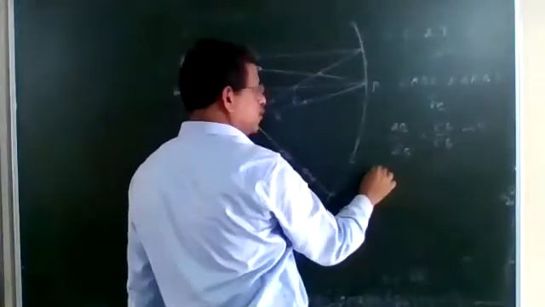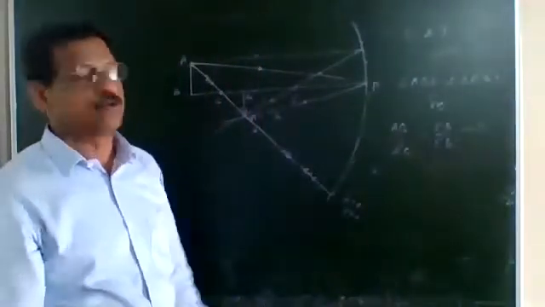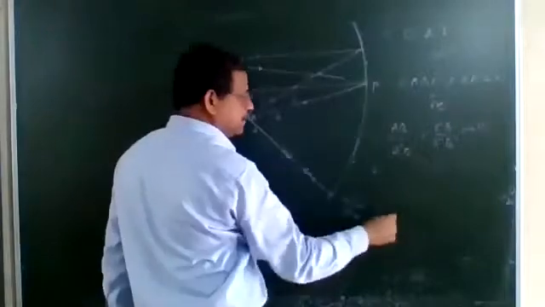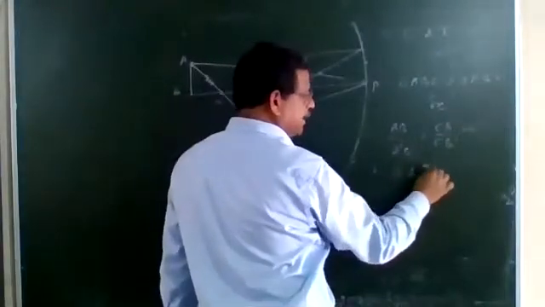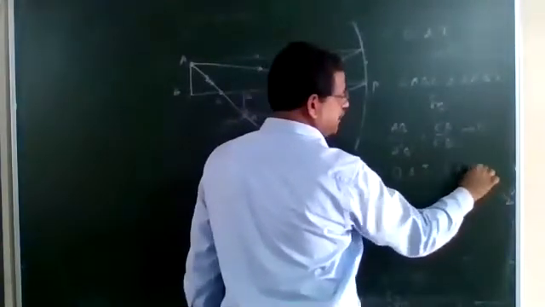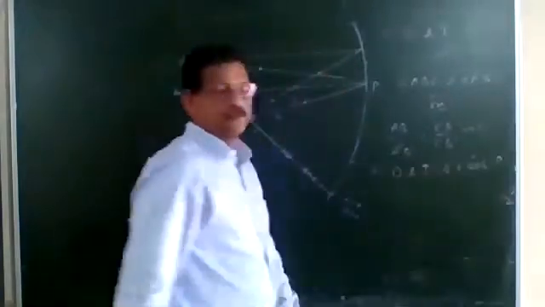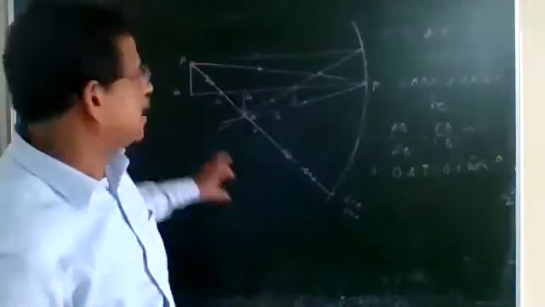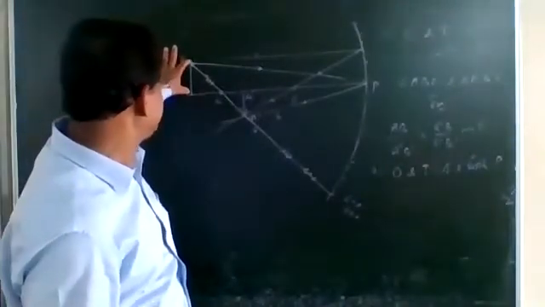First point completed: object and image match with C, in any diagram or any type of image formation you consider. Second point: object and image match with P. You have to consider object and image triangles with P. Which triangle is forming? Triangle ABP.